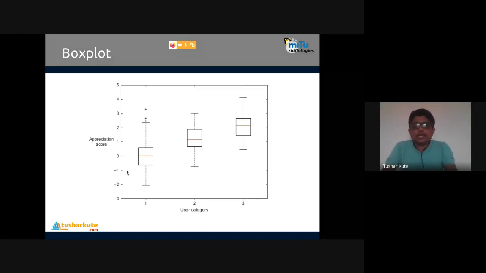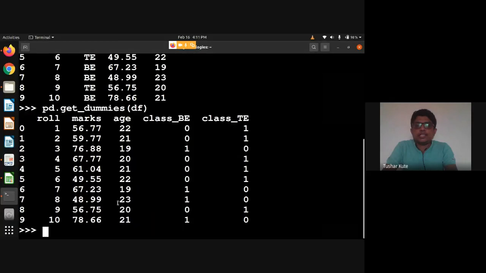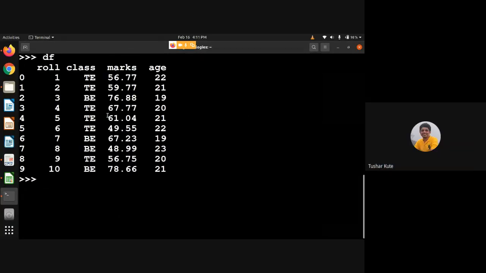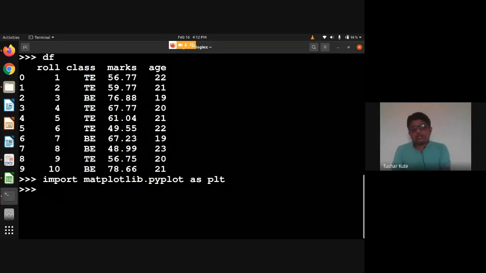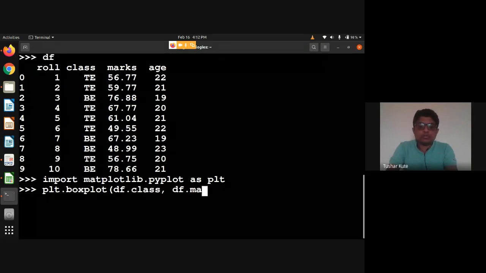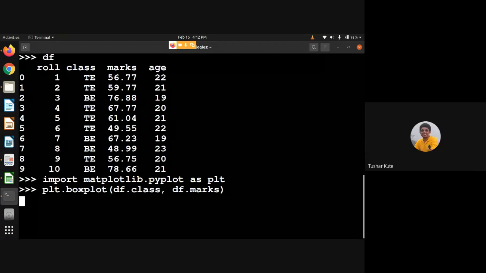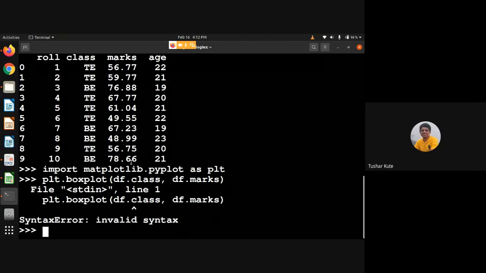See the data set that we are using here. For example, this data I am having, df. Here we have categorical variable like class and marks. Now, if I want to create this, let's see if it is possible. To show this box plot, we'll have the class on the x-axis, df of class, and df of marks on the y-axis.